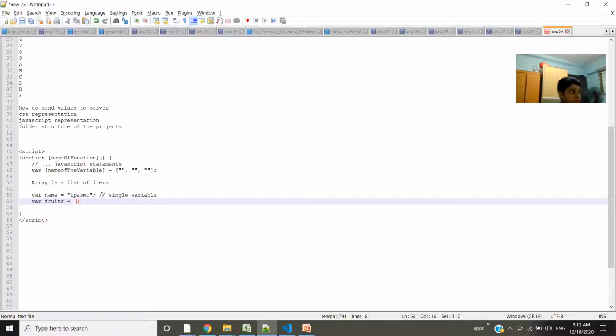You can declare them in double quotes. The first one will be iPasmo, the second one would be Technologies, separated with a comma and within double quotes.